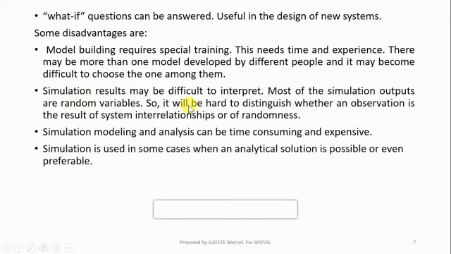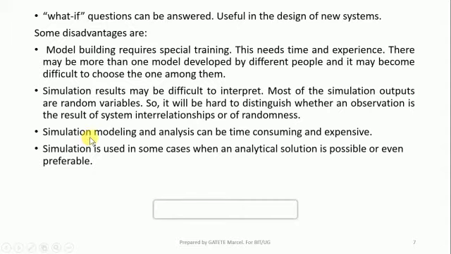So it will be difficult to distinguish whether an observation is the result of the system's relationships or of randomness. It will be very difficult to know if such results have been obtained randomly, or if there is a relationship between such variables. So there may be some difficulties interpreting the results.